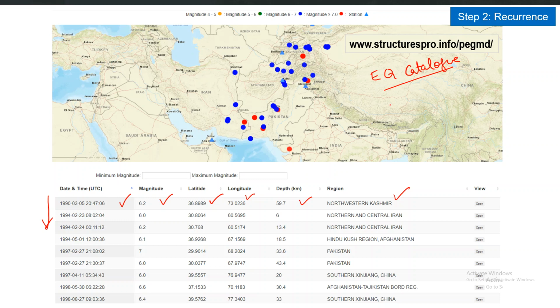Also you have to remove the aftershocks and the foreshocks and only keep the main shocks, because the aftershocks and foreshocks are dependent events, but we have assumed in this PSHA process that earthquakes occur randomly in time. They follow the Poissonian distribution, so we only take the main shocks. This process of refinement of the earthquake catalog will take a lot of time, and then that will become the basis for the next step in the PSHA process.